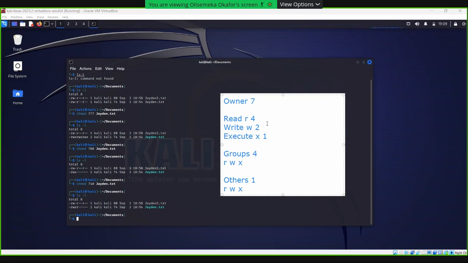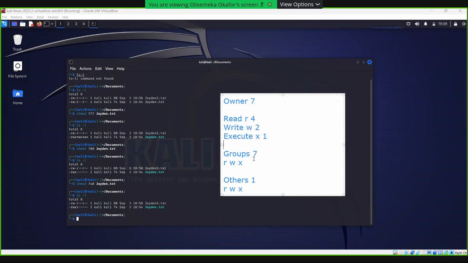So if the groups also has 7, what would they be able to do? What do you think they'll be able to do? Write or... Yeah. So when the owner has 7, they can read, write, execute.